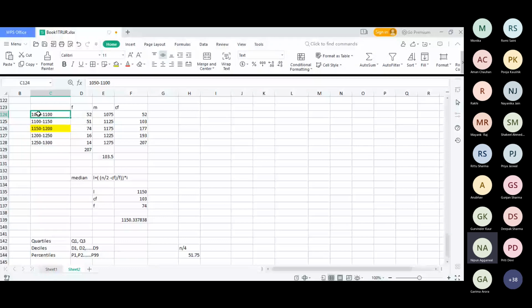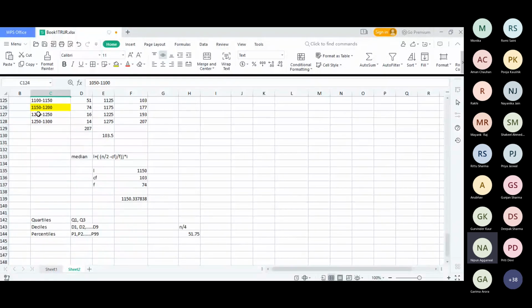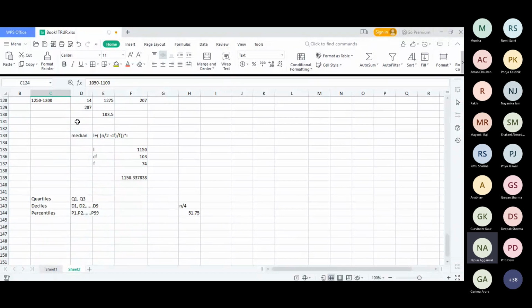So we have found the quartile class, 1050 to 1100. The same principle as we have applied here for the median, we can apply for Q1. The only change is that it will change this. I'll copy this. So the formula for quartile 1